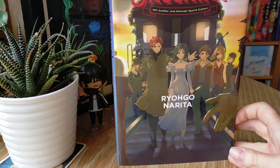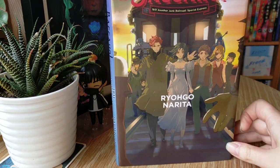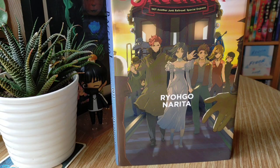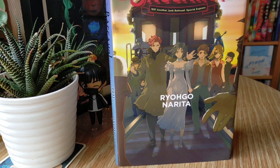The subtitle is 1931, Another Junk Railroad Special Express, which I presume, going from this cover, talks about some additional stuff that was related to the Flying Pussyfoot incident of 1931, and includes these characters, Chane and Claire and Jacuzzi and Nice and Rachel, and looks like Fiera's there. Fiera didn't have much to do with that, but Chez is there, Lad's there, Graham's there, and it looks like Isaac and Miria are in the forefront here. So that's exciting. One of the best arcs in the series is the Flying Pussyfoot incident, because